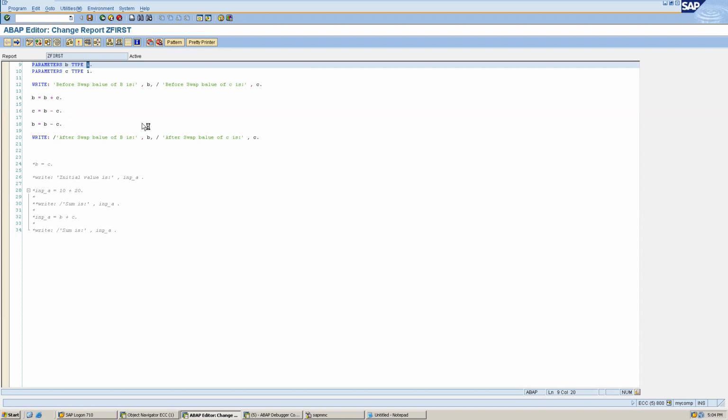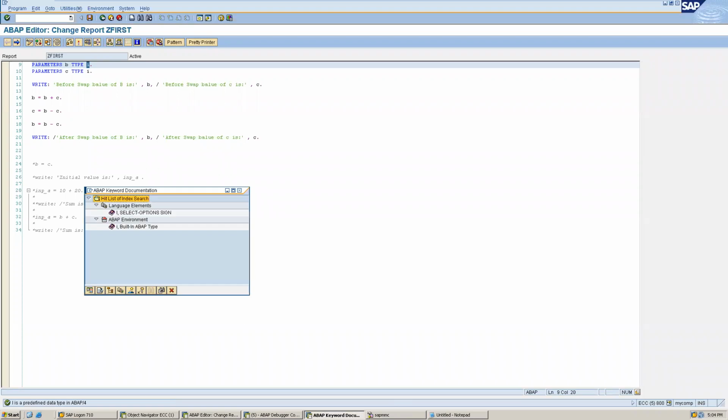Okay, now see, it has come here. So ABAP environment, built-in ABAP type, right? This is what we want to see. If I double click here, again it will take some time because I'm opening it for the first time.